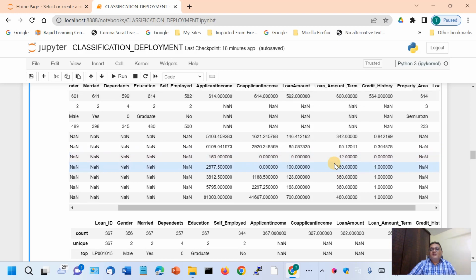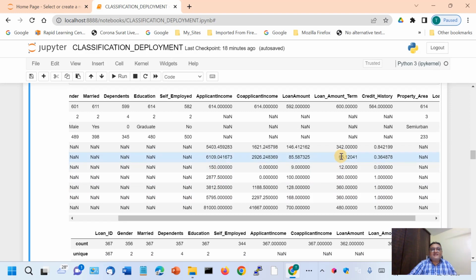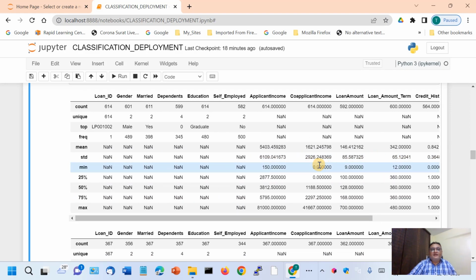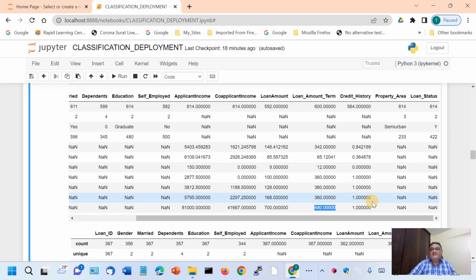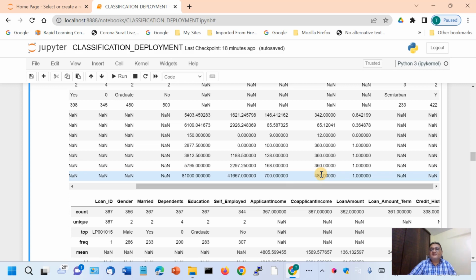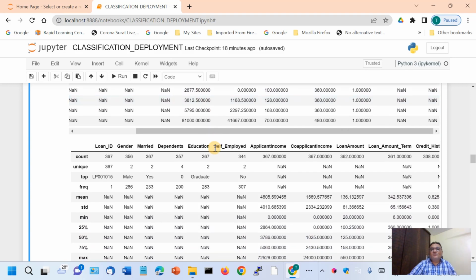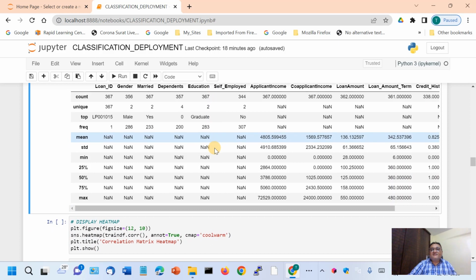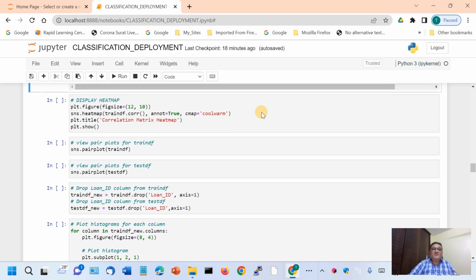Then this is the loan amount term that has this minimum value, 12, it is in months, to 480. 480 means 40 years, or that is 480 months. Okay, so there is a big variation again in minimum and maximum value. So one should consider min max scaling or normalization of these numerical columns. Okay,